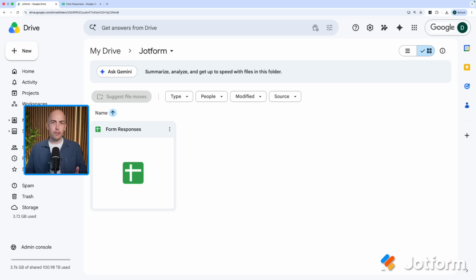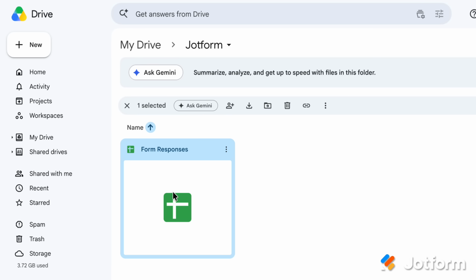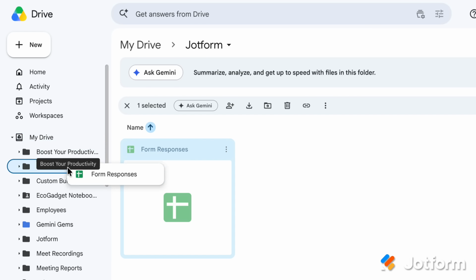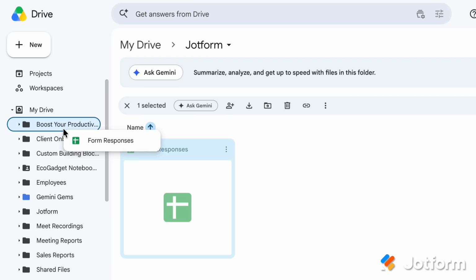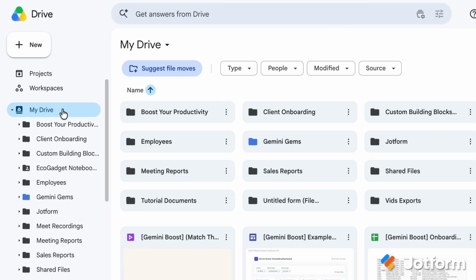And organizing your Google Drive is easy as well. So say, for example, I didn't want this file to be in this folder. I can just click and drag it from this folder over into My Drive, for example, on the left of the screen. Or when I hover over My Drive, it shows me all of my other folders that I could drop it into as well. Let me drop it into My Drive like this,